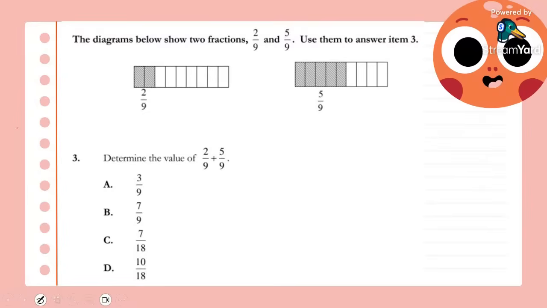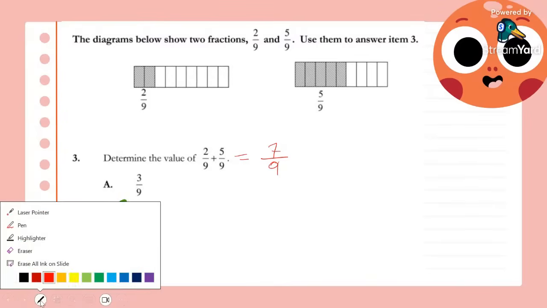numerator. So this will be equal to, the denominator remains the same. If you're adding 2 or more fractions and the denominator is the same, we never change it. We don't add them. We leave the denominator as is. And the numerator, 2 plus 5, that would be 7. So if your answer is B, 7/9, good job. You are correct. Awesome. And thank you so much for these explanations in the chat.